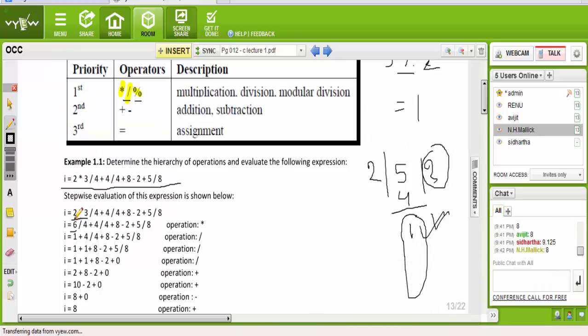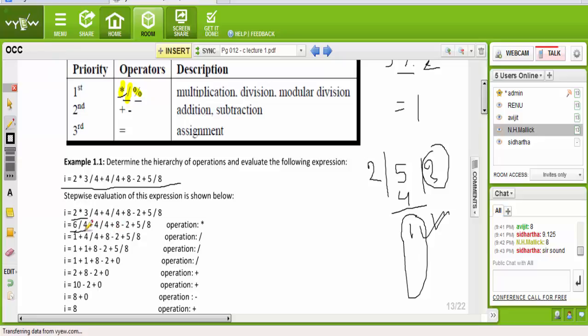We did the multiplication first because the priority of multiplication is top. That is why 2 into 3 is 6. Now the rest of the equation we keep the same. Now the division we have to do. The first one is 6 divided by 4.